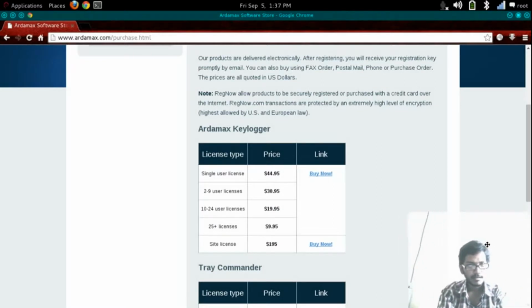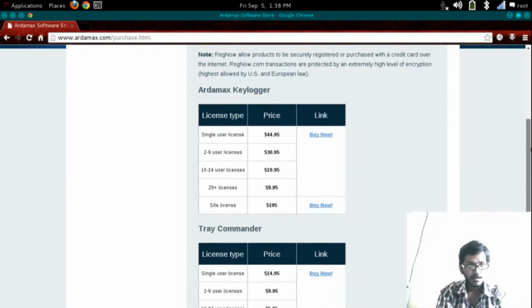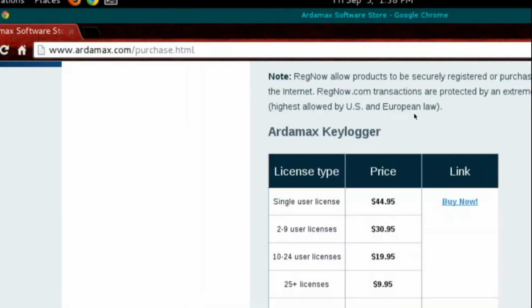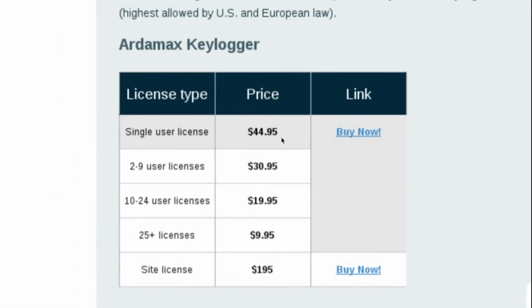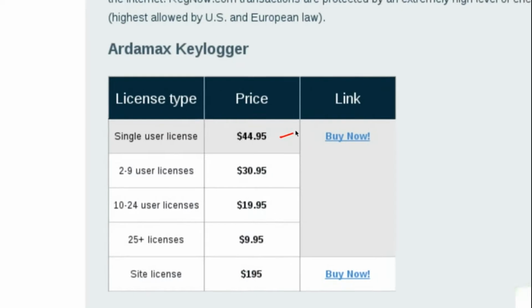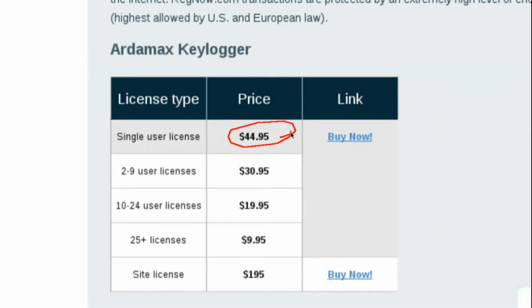It has a single user license at $44.95. 2 to 9 users, $30. 10 to 24, $10.95. 25 plus licenses, $9.95. I don't want to spend that money, so just